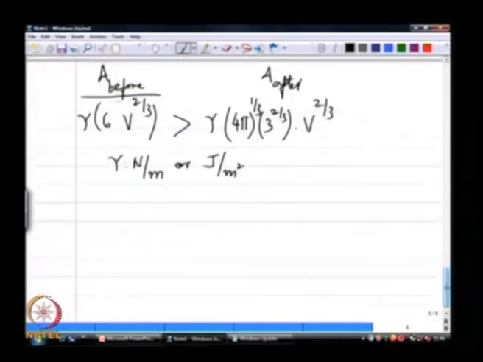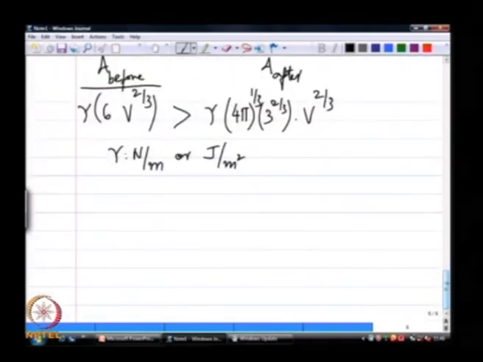If I do this, I can see quickly that there is a decrease in the energy. So, if all other forms of energy remain the same, where has this energy gone? Okay. So, delta E is 6 minus 4 pi power 1/3